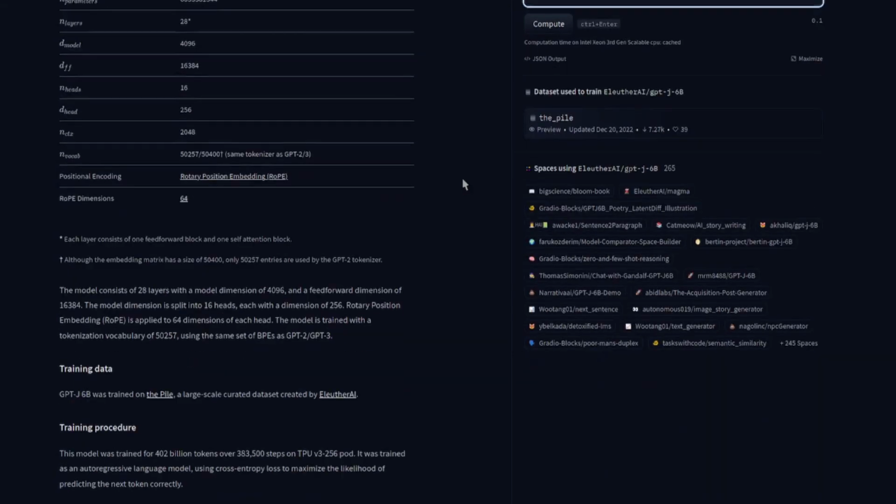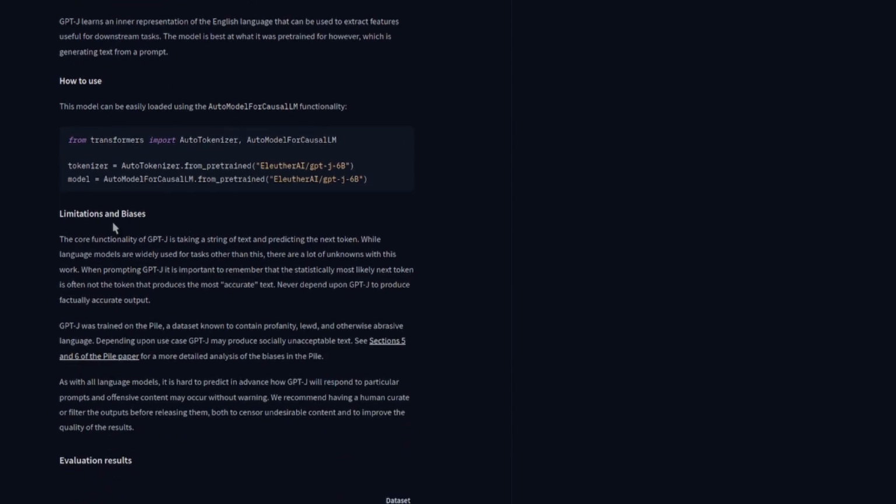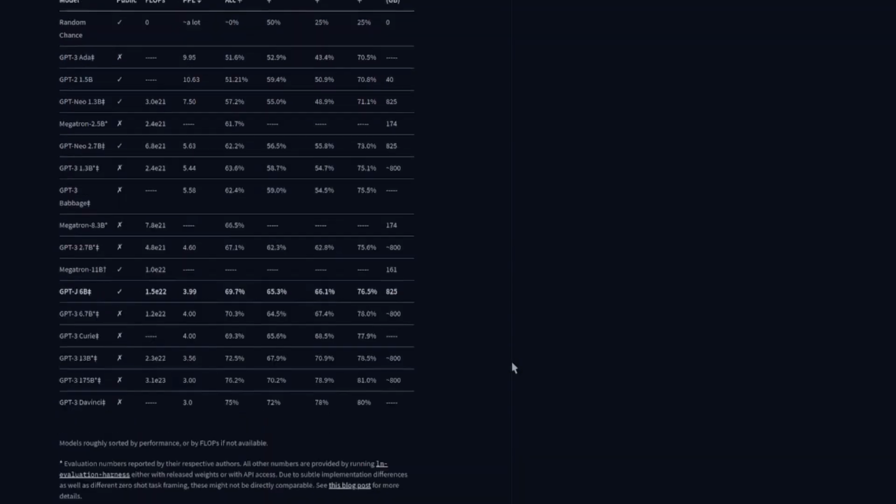Scrolling down through this model card, you can see the training data for it, so you can have a look at the Pile. That gives you an idea about the sorts of information that it will know about, intended use and limitations. There it is. GPT-J learns an inner representation of the English language that can be used to extract features useful for downstream tasks. The model is best at what it was pre-trained for, however, which is generating text from a prompt. You've also got information on the limitations and biases there, lots of evaluation results,